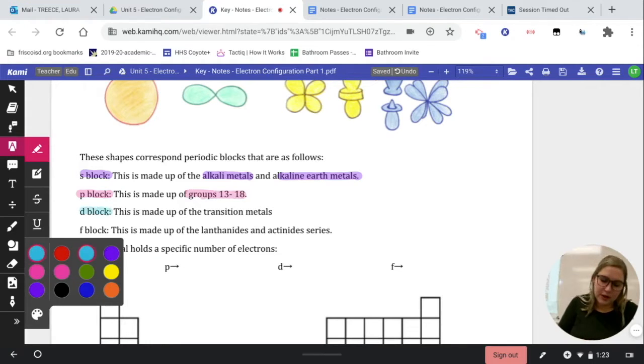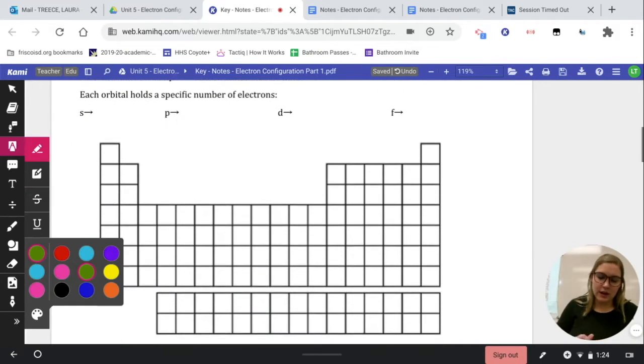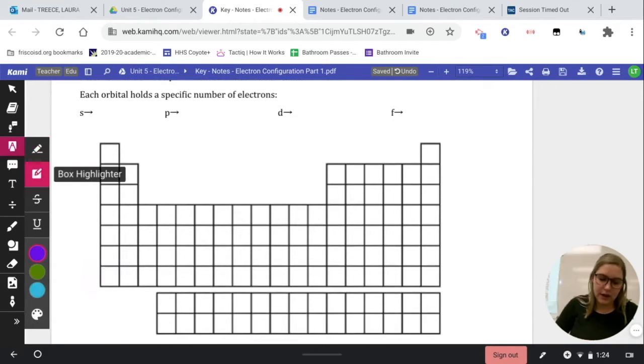Our D block is the transition metals. And then last but certainly not least, our F block is the lanthanide and actinide series. And so we're going to go ahead and color that down here. All right, so my S block